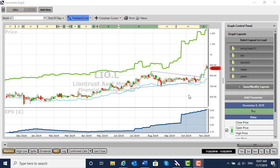Now the blue line study in the window below the price is in fact earnings per share, the amount of profit the company makes per share out there, and that has grown significantly over the period, especially in the last few months, since August. Now since August the share has been moving in what technicians would refer to as a sideways pattern, in fact a triangular pattern, and